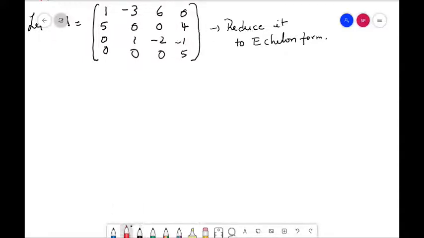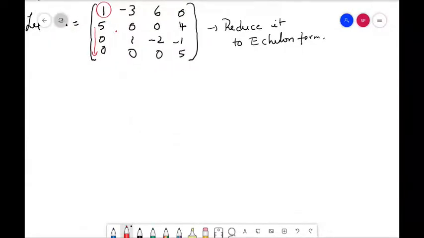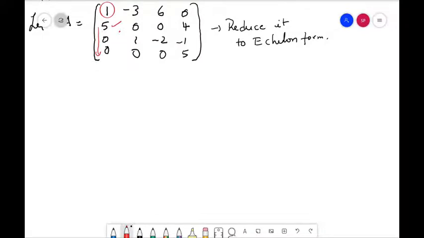So what are the operations? First let us mark this pivot position. Then using this column we have to make zeros. Only in R2 I have a non-zero element; R3 and R4 are already 0. So only R2 I have to change in the first step: 5 minus 5 will be 0. So R2 minus 5 R1. Only this transformation I will apply, so this matrix is transformed to,